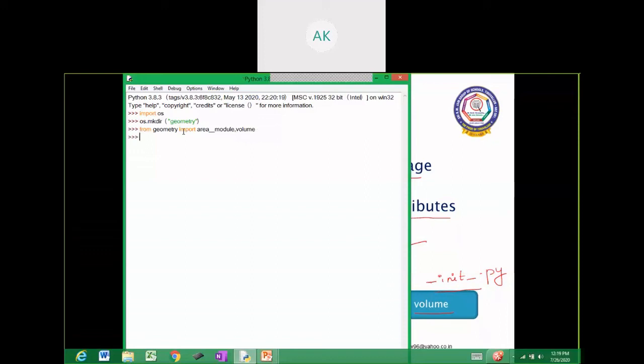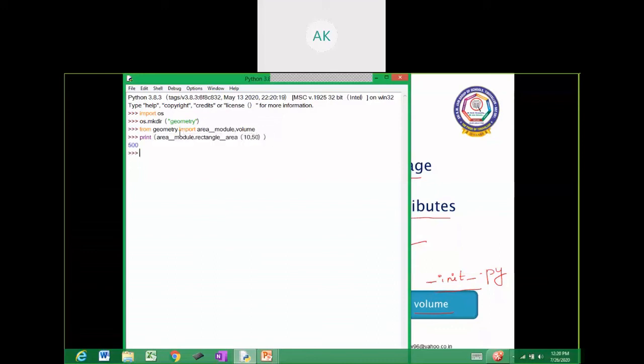Let us pass some values to execute them. Print area_module dot, specifying the function qualifier, rectangle_area, and pass the values 10 and 50.